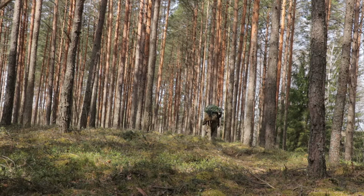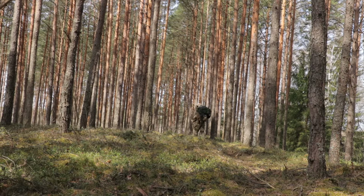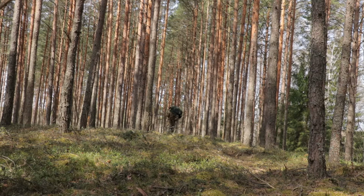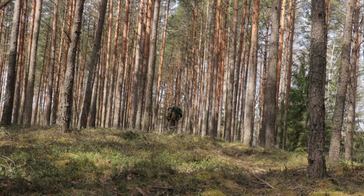And in this way, you can start seeing how nature, especially if you were alone before, calms down and starts acting in a different way. And also, you start seeing things that you wouldn't be able to see if you were just rumbling through the forest. So today was a good practice for me because I got rusty on this one, and it's trying to walk as quietly as possible, as slowly as possible,